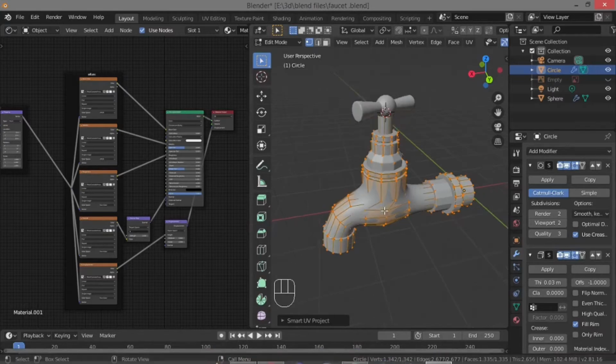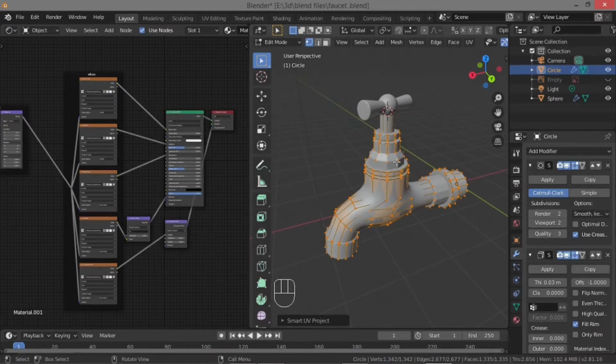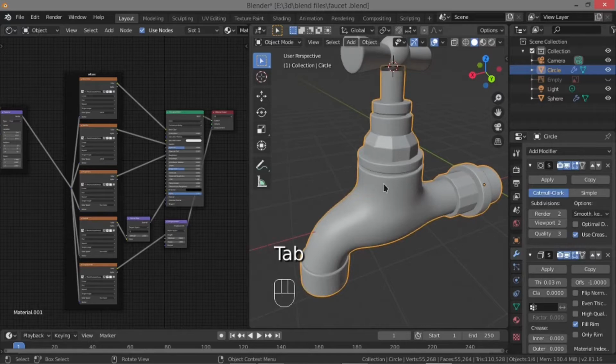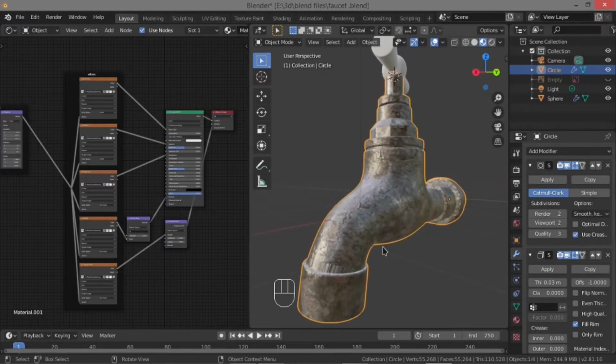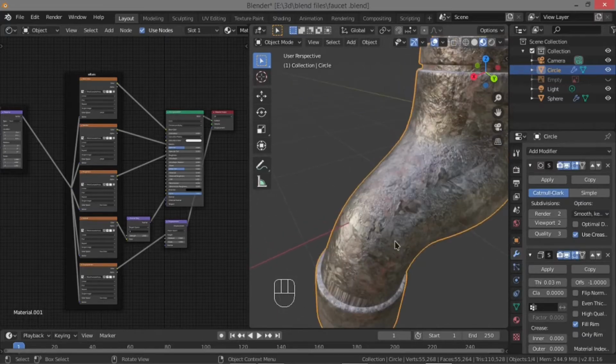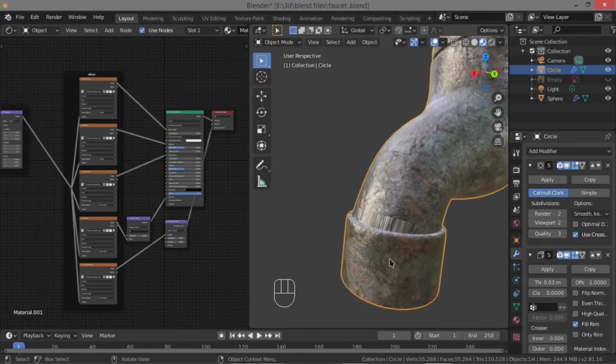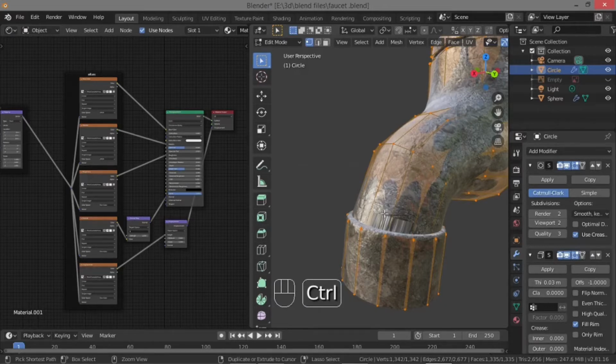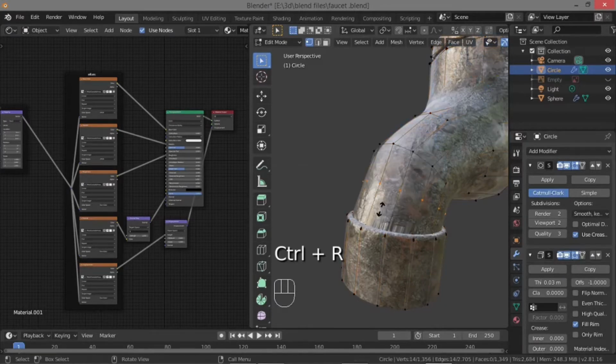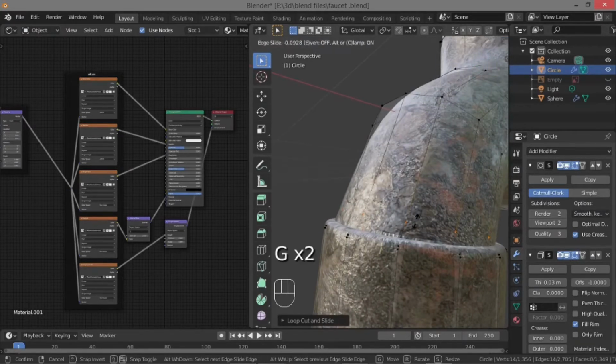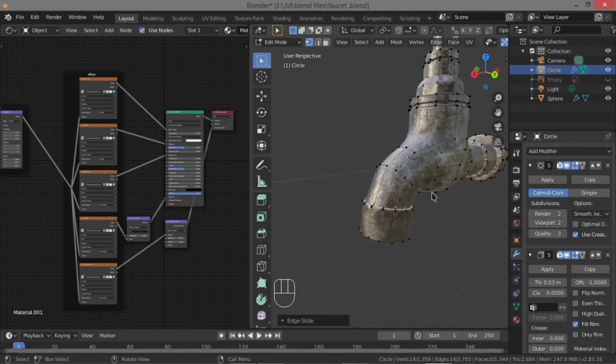So now to check whether the texturing is correct, press C and go to material preview. So it works pretty well. But you can see here there are some screwed up parts, so I'm going to fix them quickly by adding some loops. So after fixing them,